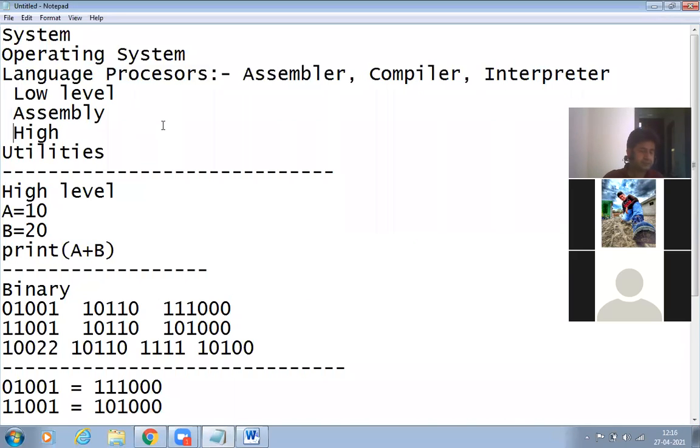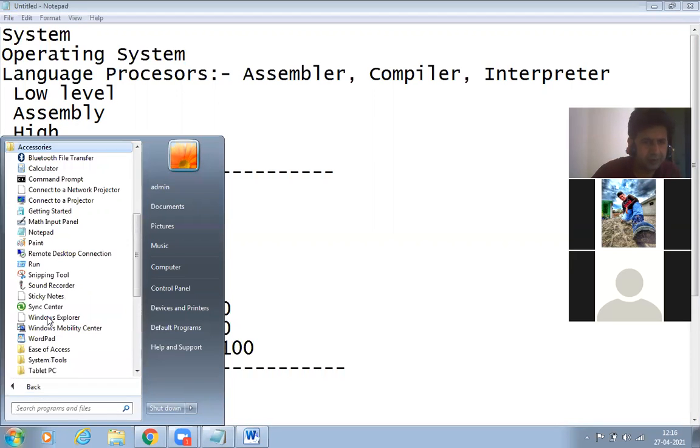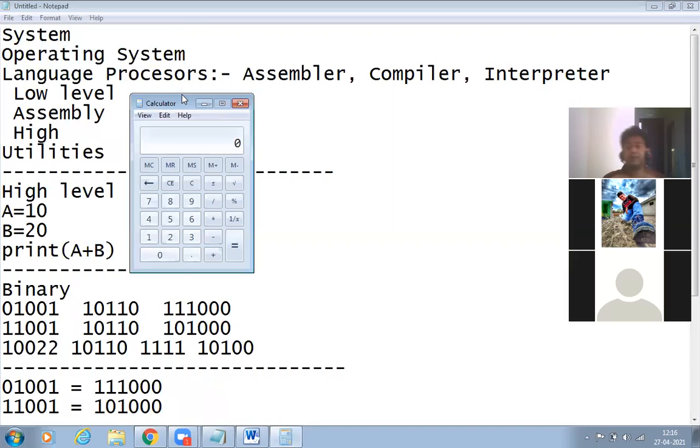For example, I'm giving an example from Windows. I click on start, click on programs, click on accessories. I can use Notepad, I can use Calculator. These are very small programs that increase your efficiency while working on your computer system. So these are called utilities. These are preloaded. When we install Windows, these types of small applications are automatically installed.